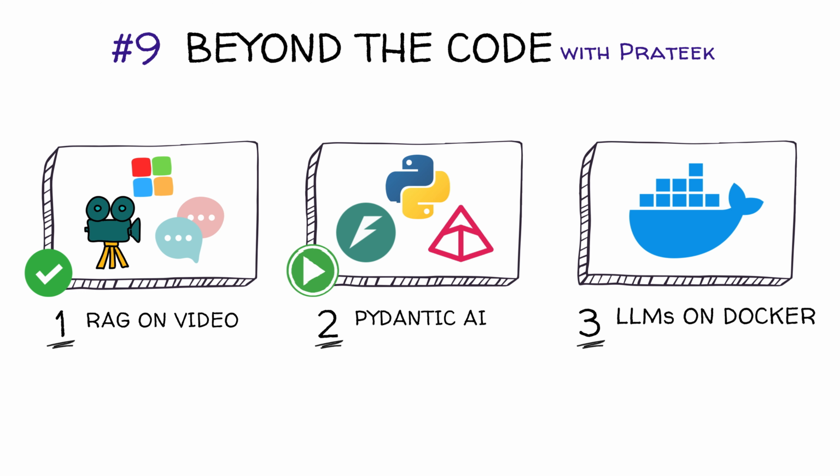Like FastAPI's approach? Sort of, yeah. That kind of smooth experience, but for the often messy world of building apps powered by large language models, LLMs. Okay, so if Pydantic helps tame data, PydanticAI helps tame the AI itself. How does it actually smooth out building these apps? Well, think about one of the biggest headaches with LLMs,